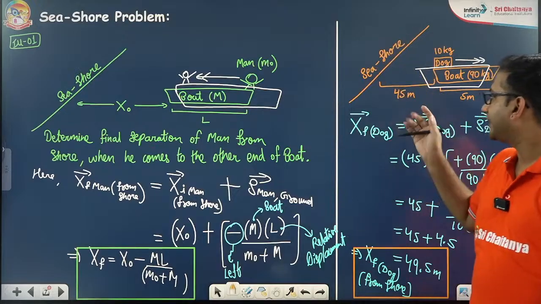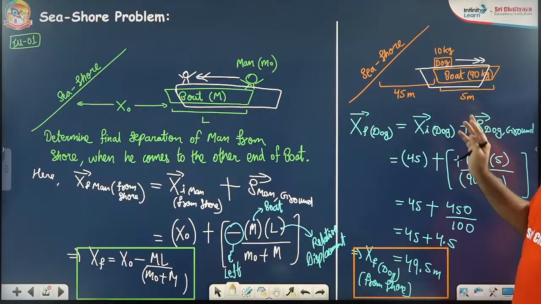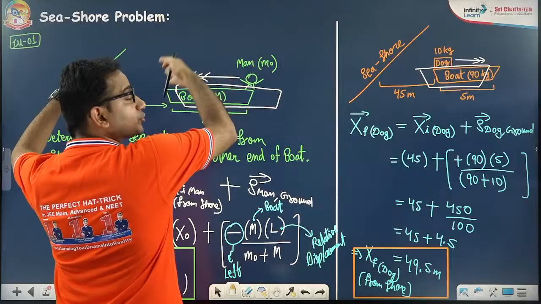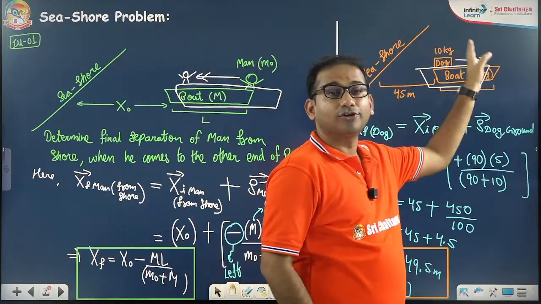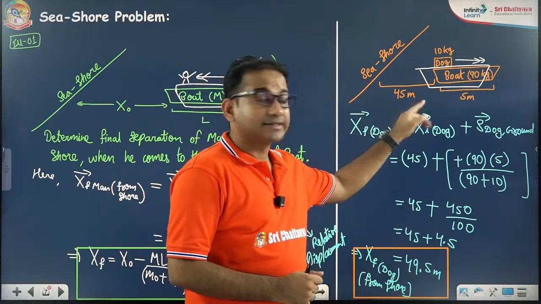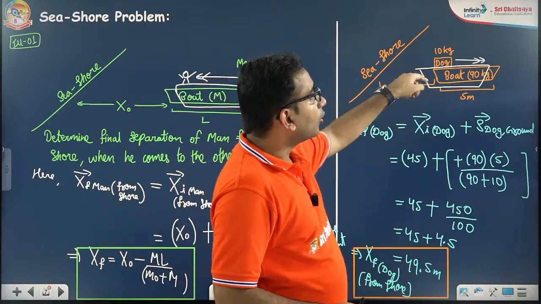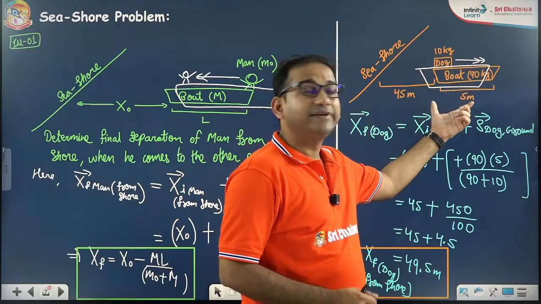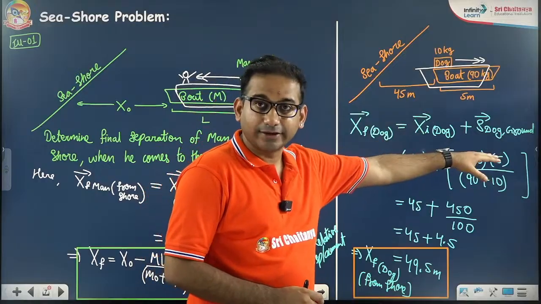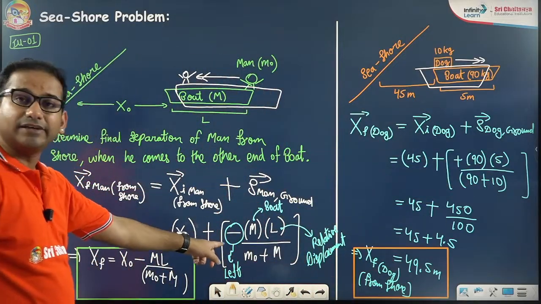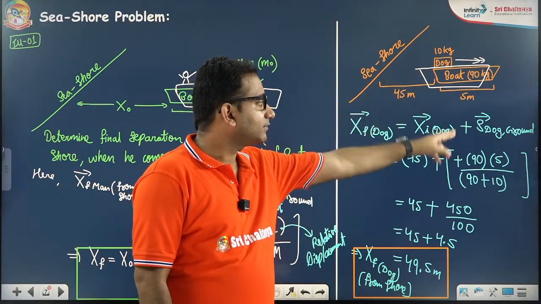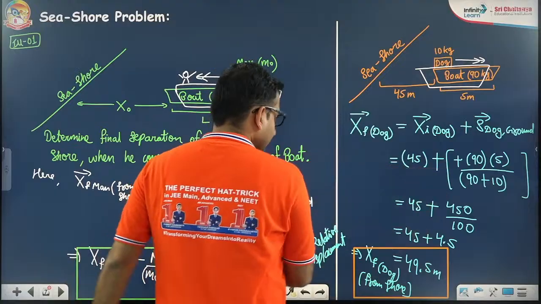There is a seashore data, numerical database problem, exact the same situation, but the difference is that here the man was walking near to the shore. There the man is walking, the dog is running on the boat away from the shore. So 45 meters is the initial displacement in the forward direction. The dog is also moving in the forward direction. 5 meters is the length of the boat. So final separation will be initial separation plus displacement. Last time the displacement was negatively substituted because of the left. This time the displacement of the dog will be positively substituted. Positive here, positive, right,